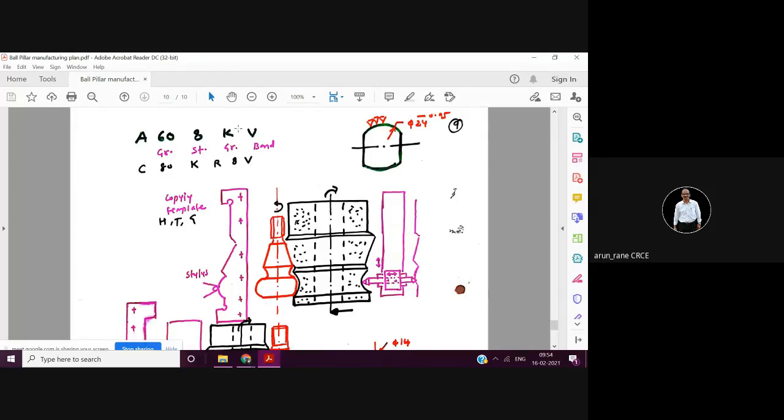In between hardening and grinding, there are two operations which are essential, and those operations are called the auxiliary operations. One is, the moment you do hardening, then you have to do the cleaning. Cleaning means what? Basically hardening is what? Your surface gets oxidized because of the oxygen which is available in the environment. So it becomes very dull, and scales are formed on the surfaces. So the first operation is that the scales have to be cleaned off the surfaces by some sand blasting or shot blasting, and also the centers.